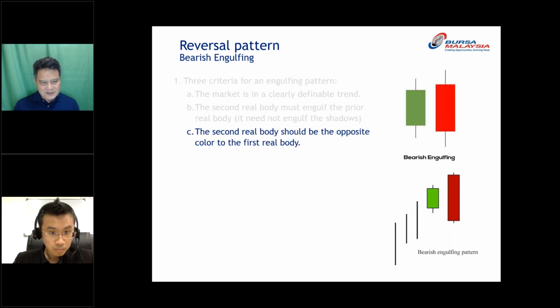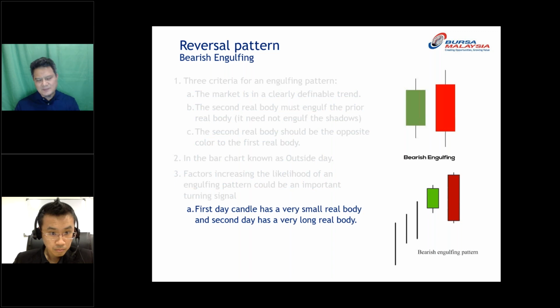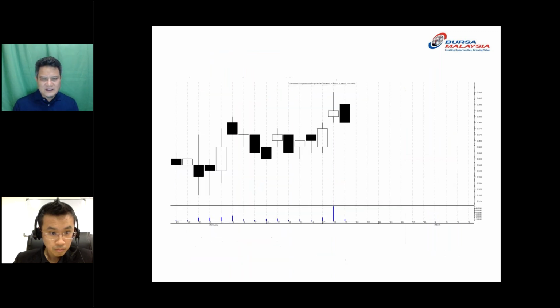Okay, so you can see the same thing also. It is very similar to the bearish, and you can see, for example, in here, market is rising, and there is a bearish engulfing here, as you can see. And unlike bullish engulfing, bearish engulfing not necessarily must have a big volume. Usually, bullish engulfing must come with volume, but bearish not necessarily.